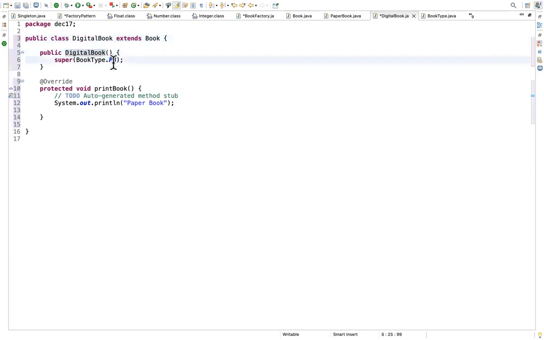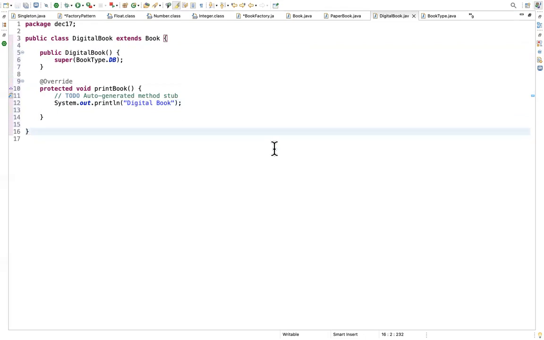And instead of PB, pass it DB. And this is how you can have your digital book. Yeah. Now, so we are good with all these things.